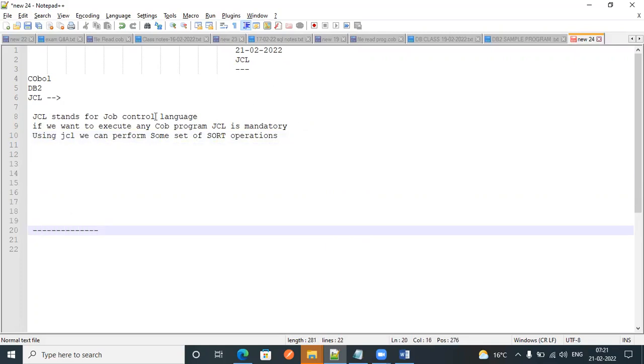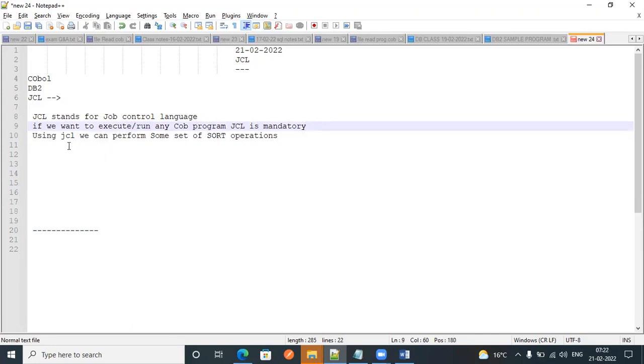First one is JCL stands for Job Control Language. If you want to execute or run any COBOL program, JCL is mandatory. Without JCL, we are not able to run our COBOL program. And using JCL, we can perform some set of sort operations.